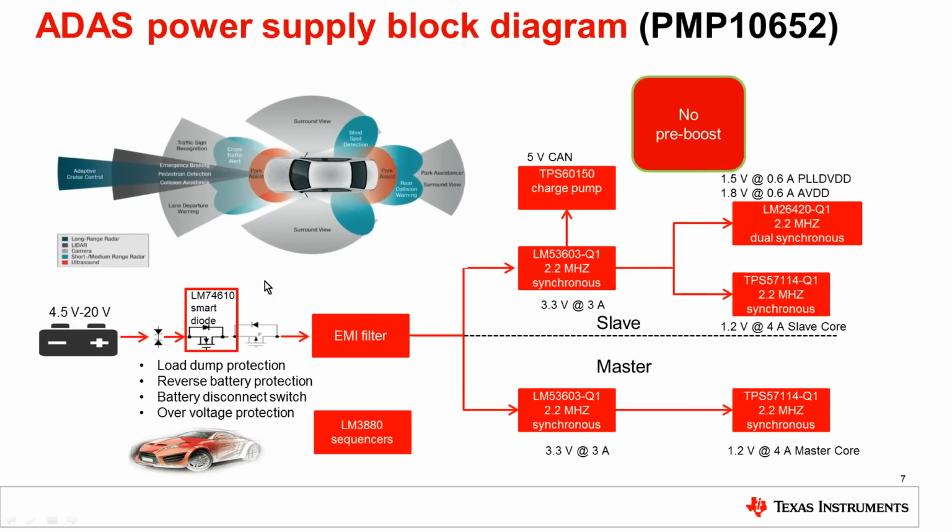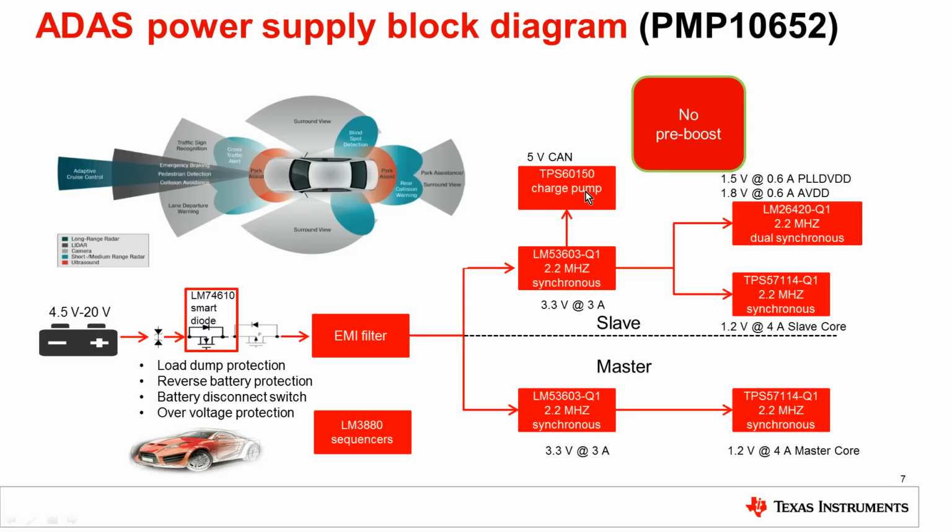And hence, even if you have an input voltage of 6 volt in the case of a start-stop application, or 4.5 volts in the case of a warm crank condition, this DC-DC converter will still maintain a 3.3 volt output here, and hence you don't need a pre-boost at the input,